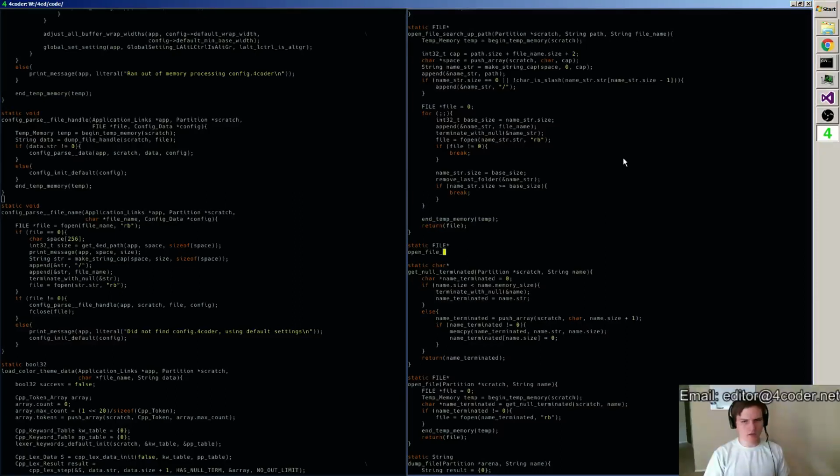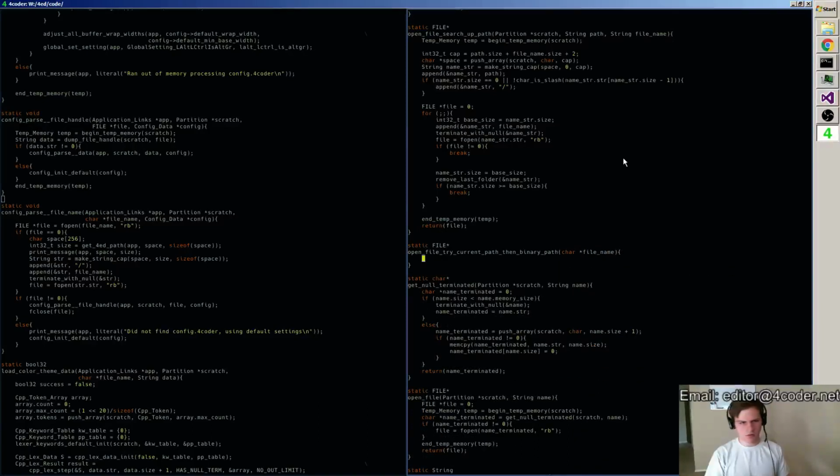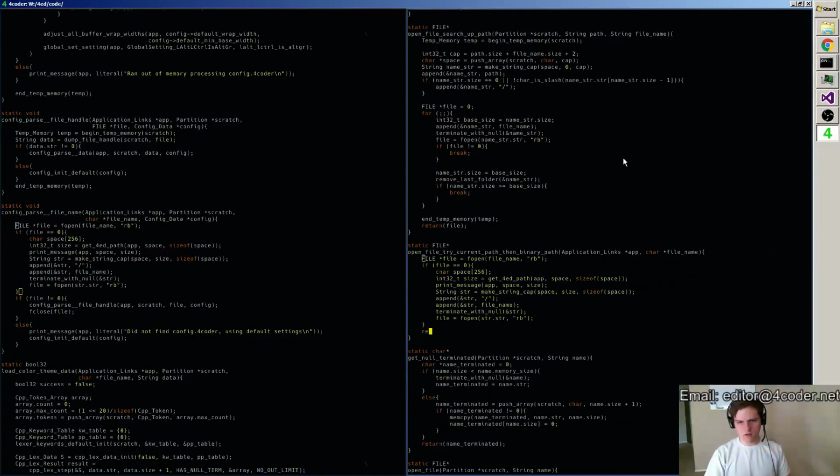Open file. Try path, then binary path. Char star file name. Application links app. And it goes like this. Whoops. Return file. Grab a file. If that file is 0,